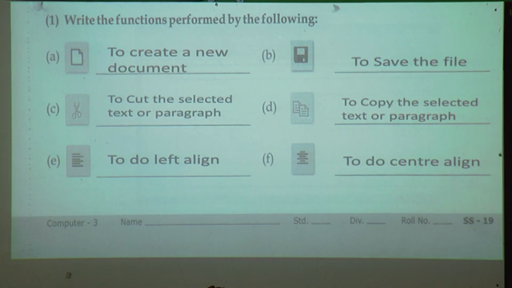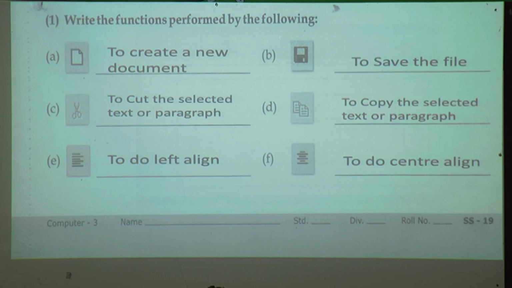Now write down fast. First one, it is useful to create a new document. Say everyone, to create a new document. Second one, to save the file. Third one, to cut the selected text or paragraph.